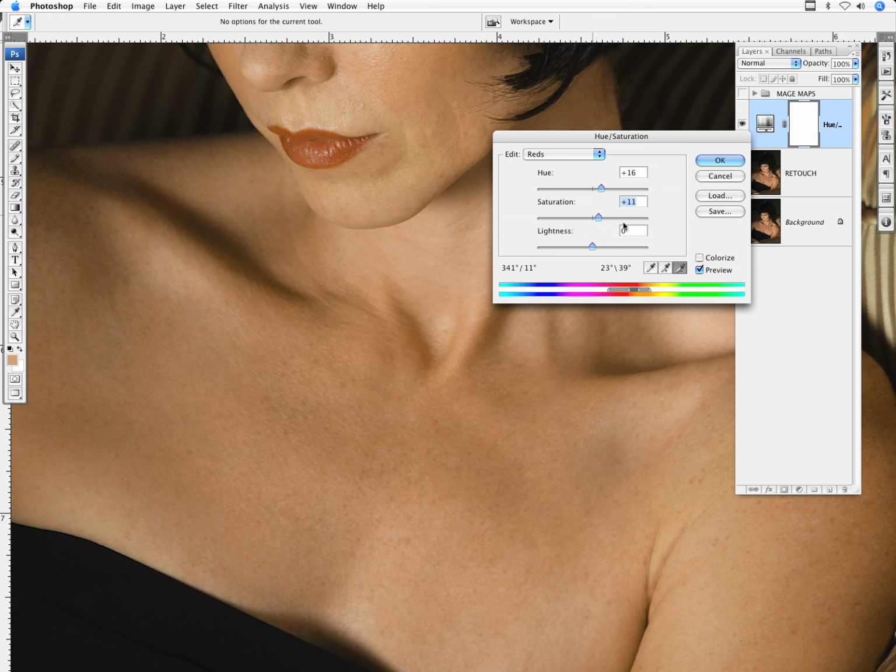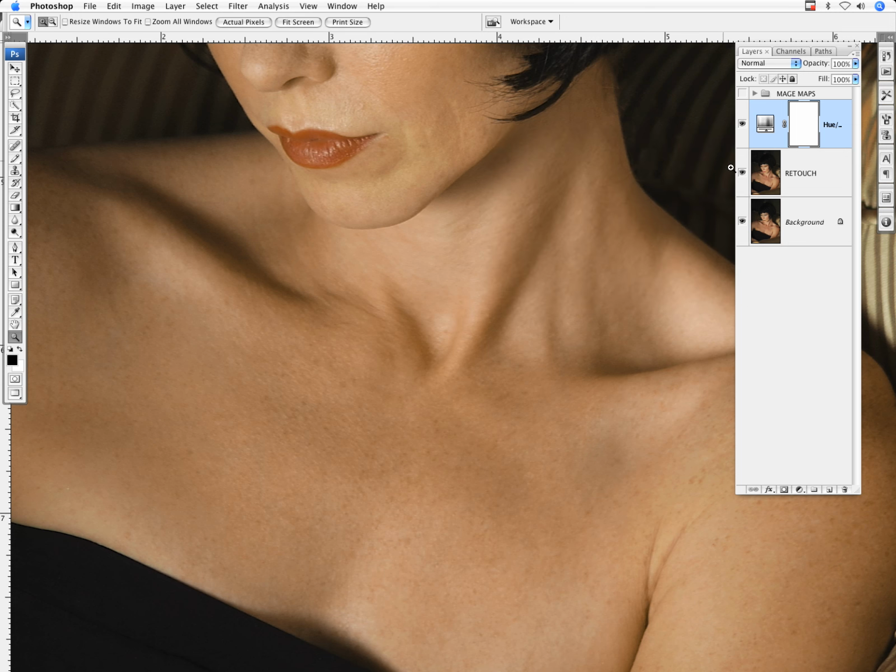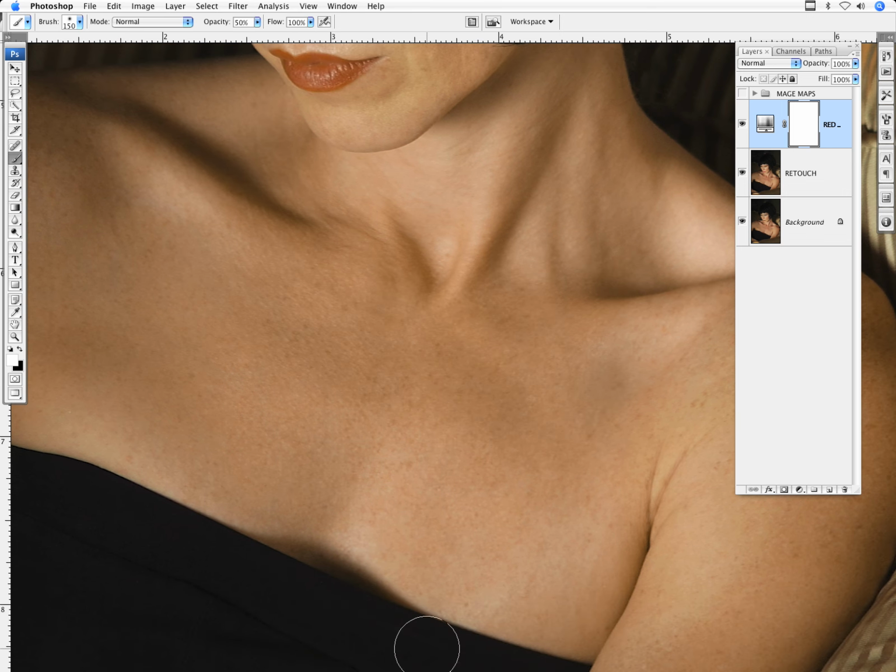Let's also take a look at what happens if I increase or decrease the saturation. That doesn't do anything either. So what I've done here is I've now adjusted the hue and saturation so that I've taken away that red cast. See, before, after. So what we're going to do is call this red cast. Now that I've neutralized the color, as you can see here, I'm going to fill the layer mask